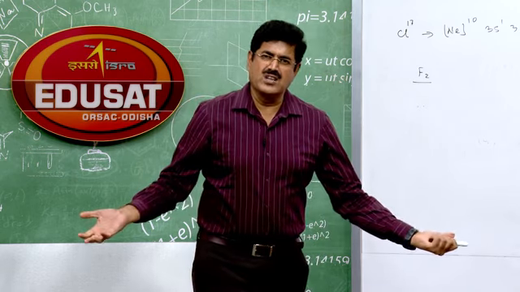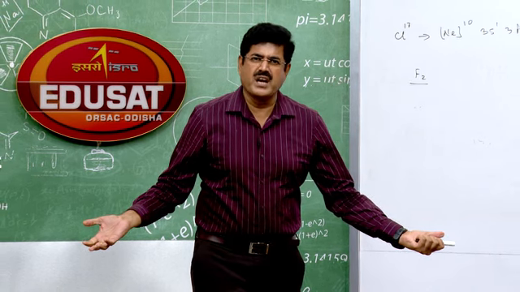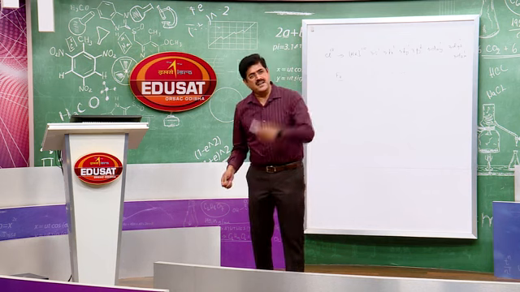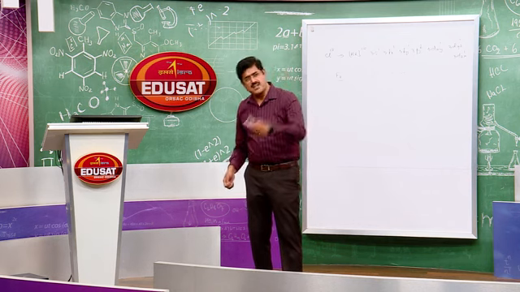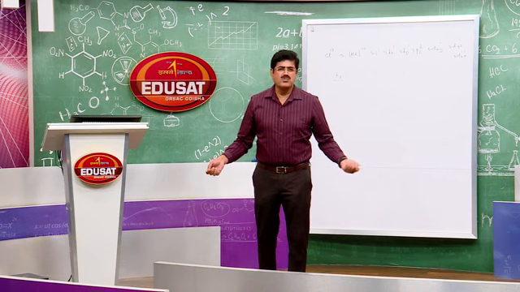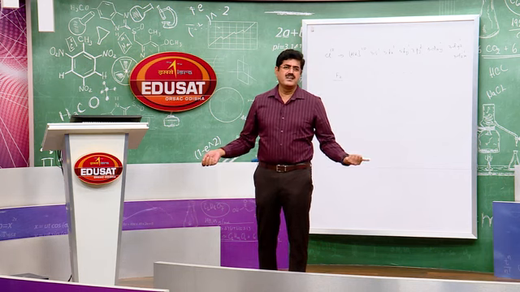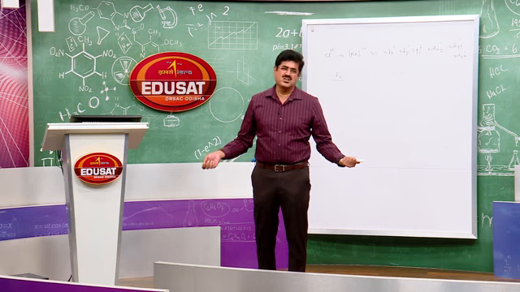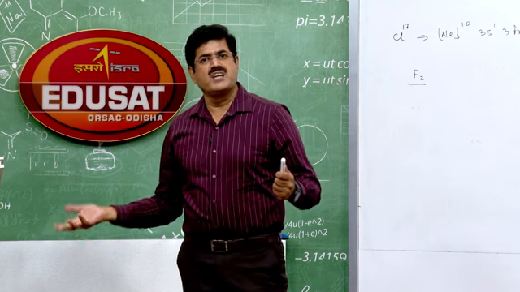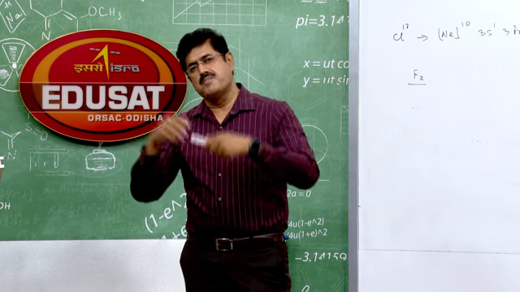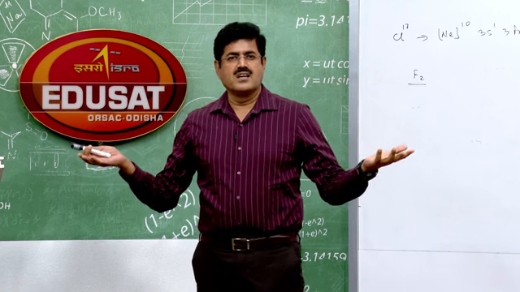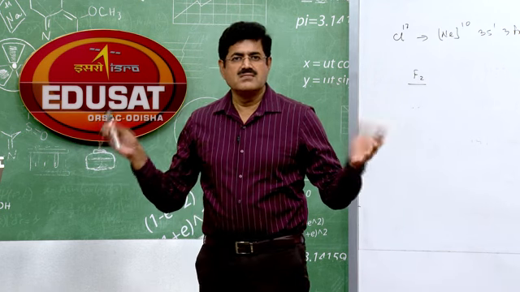You know, greater the reduction potential, greater the tendency to get reduced. Fluorine has the highest reduction potential, so it has the most tendency to get reduced. Fluorine can easily form F minus ion. That is why it is the strongest oxidizing agent available in the universe. Next chlorine, then bromine and iodine. The oxidizing power is directly proportional to reduction potential. Greater the reduction potential, greater the tendency to oxidize.